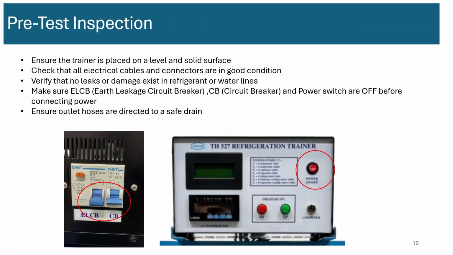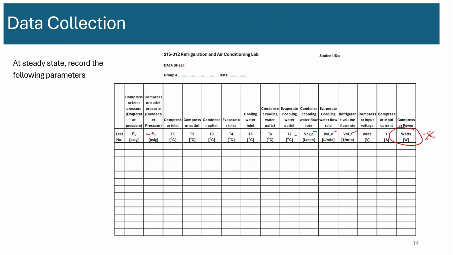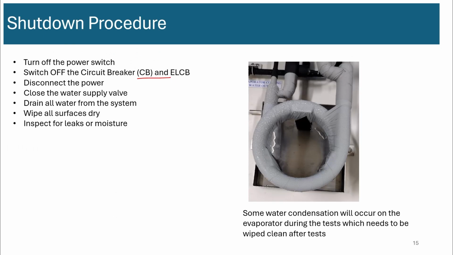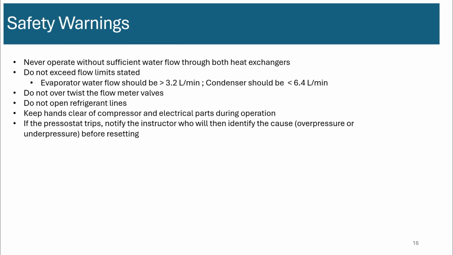If that happens, just notify the instructor or the lab technician or the teaching assistant, and they will identify the cause, whether it's overpressure, underpressure due to insufficient water flow, or a leakage of refrigerant or some other cause before the experiment is reset. Okay,